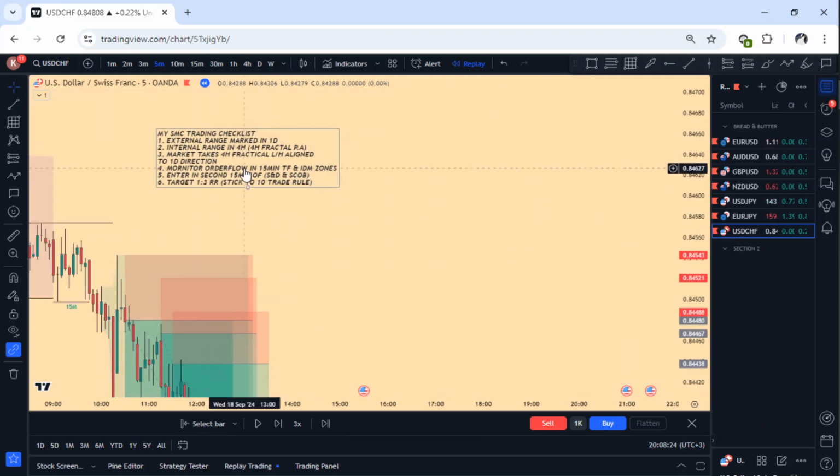Enter on 15 minute scope, the second 15 minute scope. If you see second break of structure, now as we speak now,